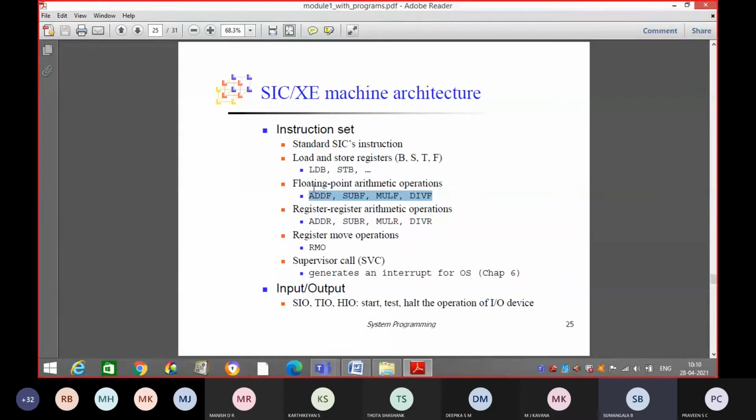These are similar to the add, subtract, multiplication, and division you have studied, but here we need to specify the letter F, indicating that we are performing operations on floating point. Then we have register to register arithmetic operations. In the last class you have seen instructions like this, right? I will give you an example.